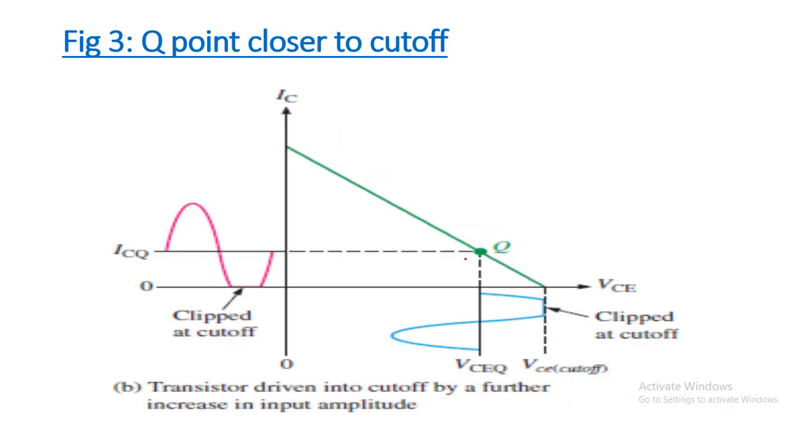Let's say this Q point is now brought closer to the cutoff region. So you see that this point will be clipped away at the cutoff, because this part will now be chipped off, or clipped off. So you will be losing some of the signal as well. Similarly, if you move this Q point further down, the input signal will also be chopped down, or clipped, because of this cutoff line. This will be the cutoff line VC. You see that VC is the cutoff line, so this will also be chopped down.